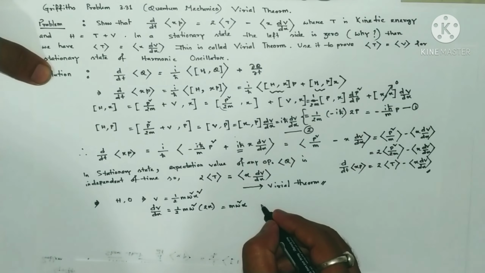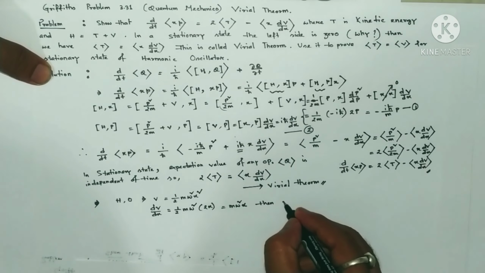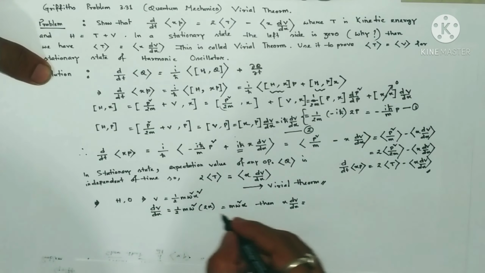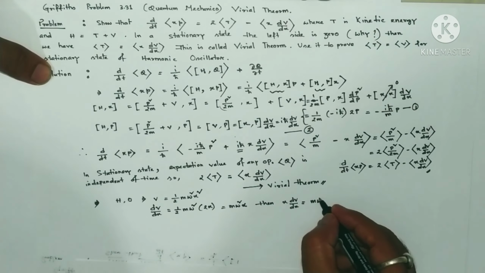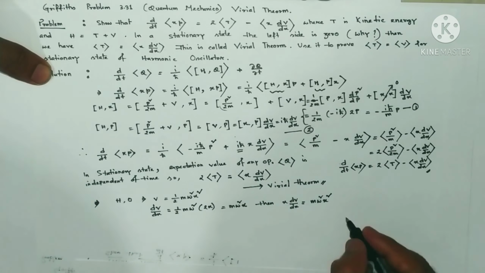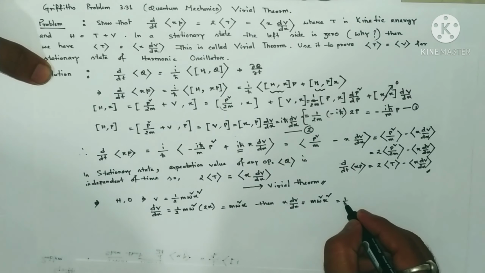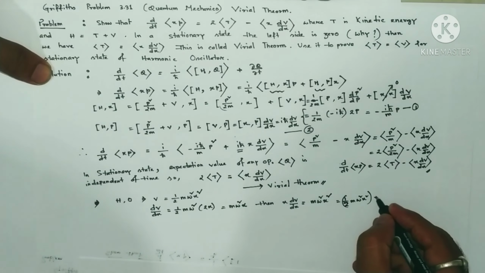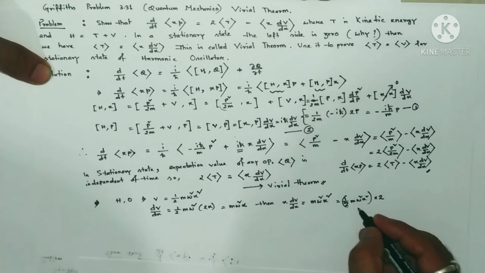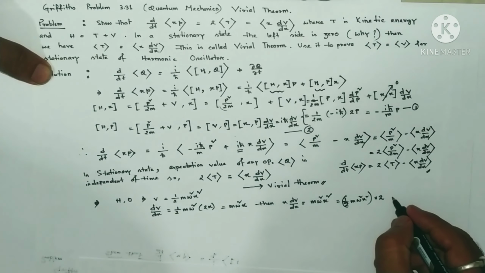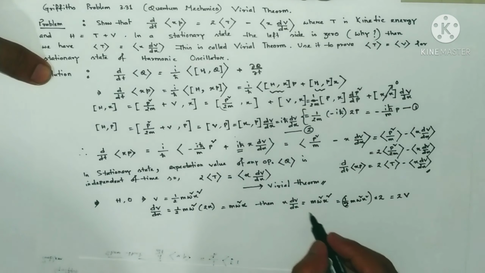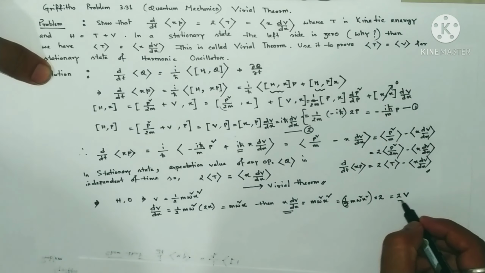So now x dv dx, if you multiply this function with x, you will be left with m omega square x square. This also can be written as 2 multiplied by half m omega square x square. So this is the potential V. So this can be written as 2 multiplied by V. So if we replace this with 2V, we can write